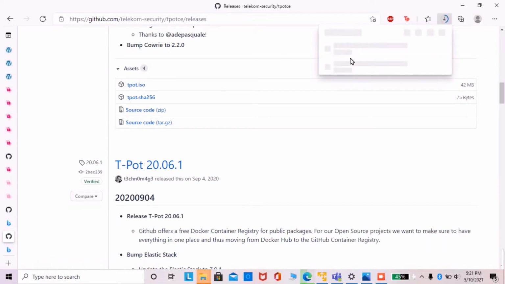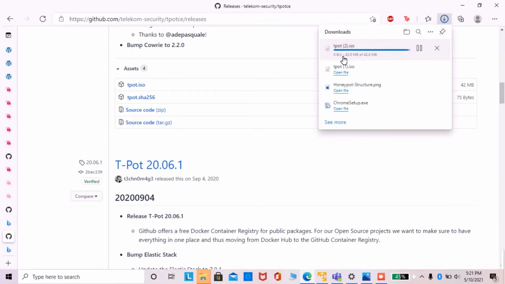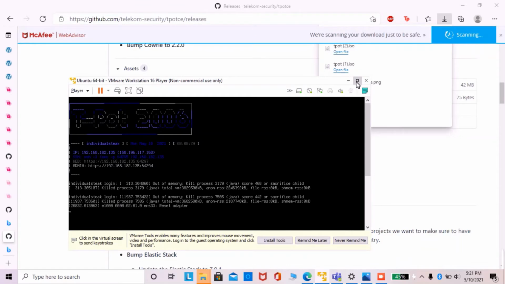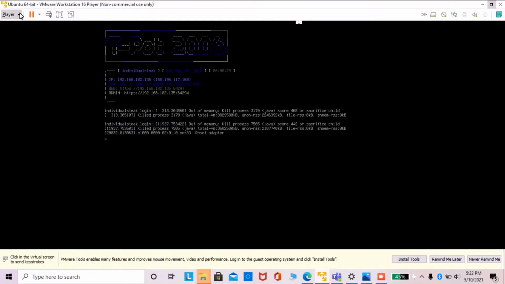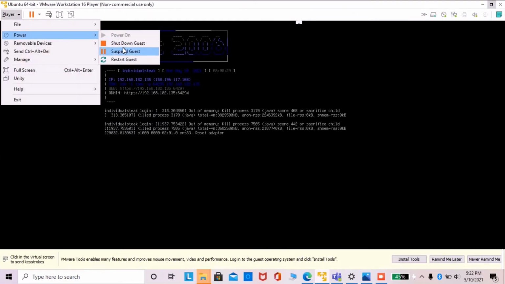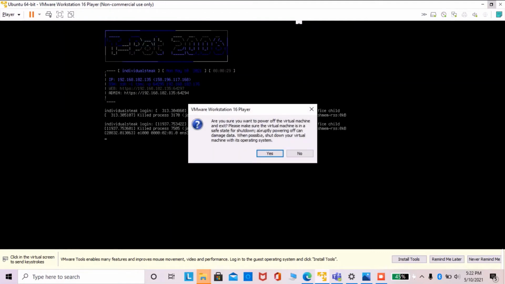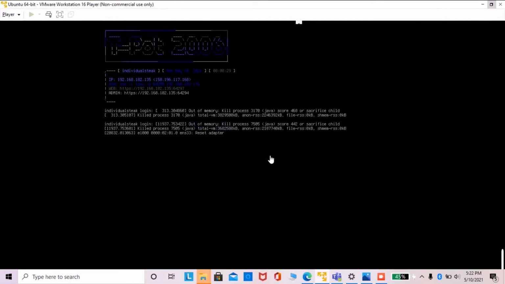We can download the 42 MB ISO file to our computer, and after that we have to open the VMware software. I have to suspend this guest first.